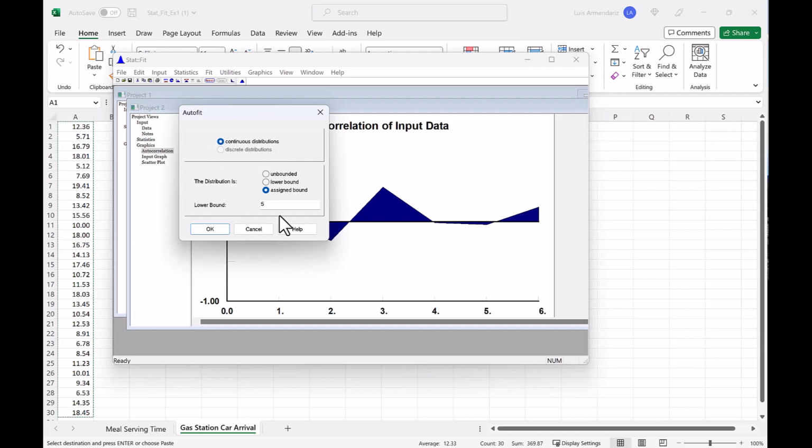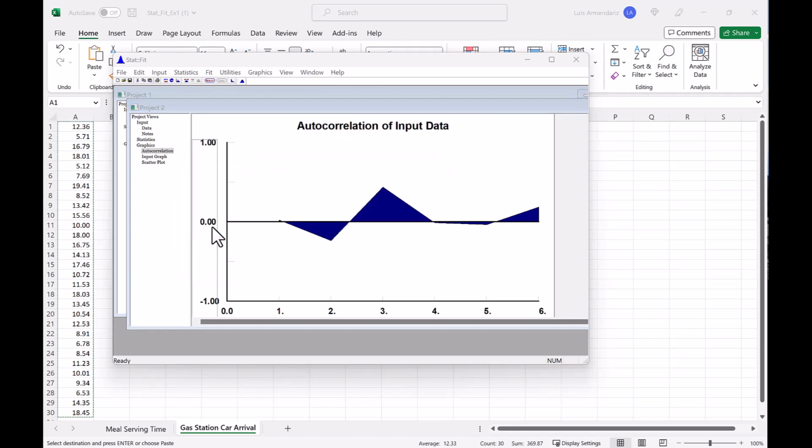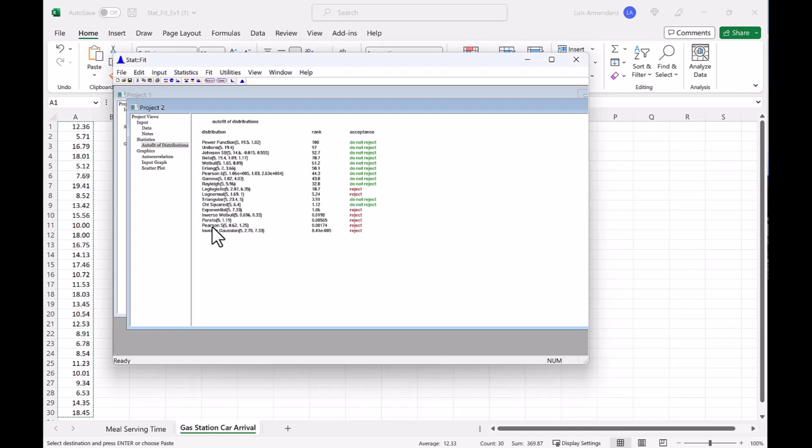So, Autofit is already selecting the lower bound, right, which is 5 minutes in this case. If I look at my data, yes, this is true, this is good because the lower bound is in the 5-minute range. So now I click, this is the assign bound, and then I click OK and it calculates the goodness of fit